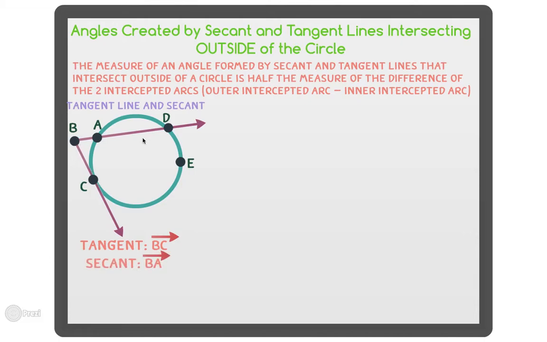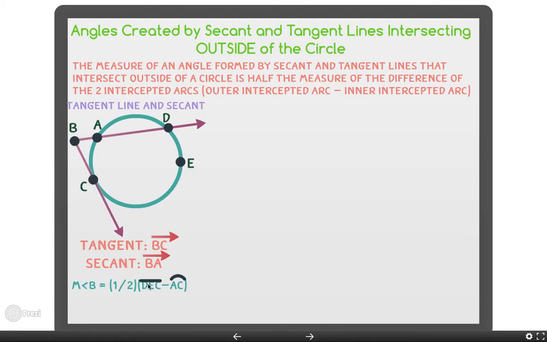So in this first example, I have a tangent ray, which is ray BC, and I have a secant, which is ray BA. The tangent line hits the circle in exactly one point, point C, and the secant intersects the circle in exactly 2 points, points A and D. So we have a tangent line and a secant. So again, the measure of the angle outside the circle created by this secant and tangent line equals 1/2